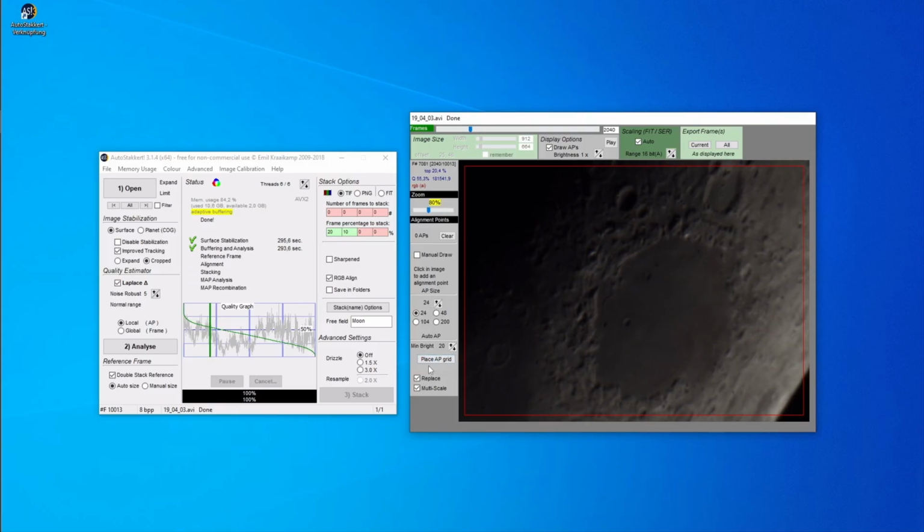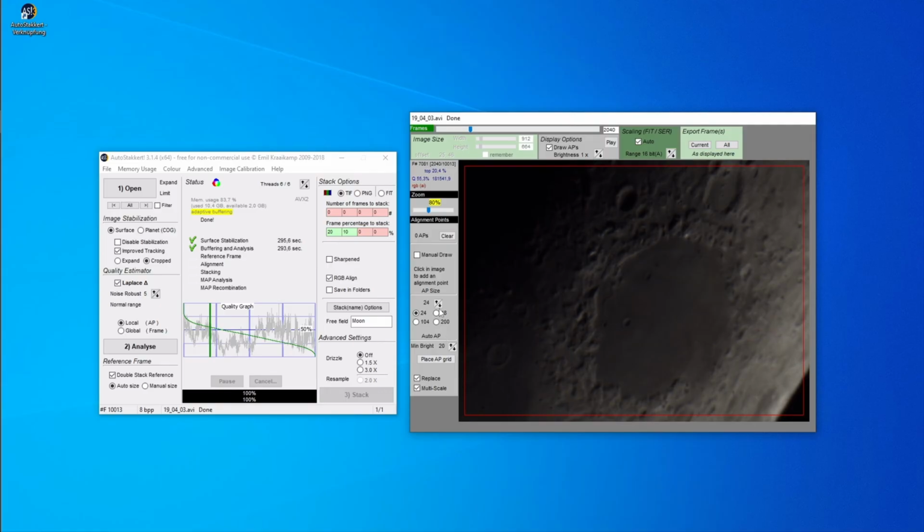You can either do that manually, but I wouldn't recommend that. You can go for manual draw here, but we will just let the software do that. And what is very important is to take this multi-scale, because it will then use alignment points with different sizes, and the software will decide which size of alignment point fits best with this